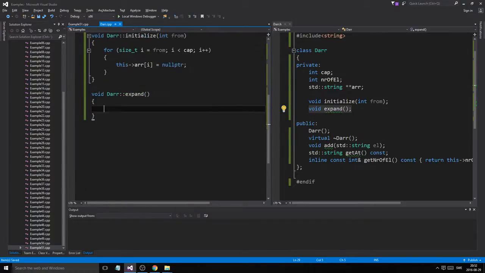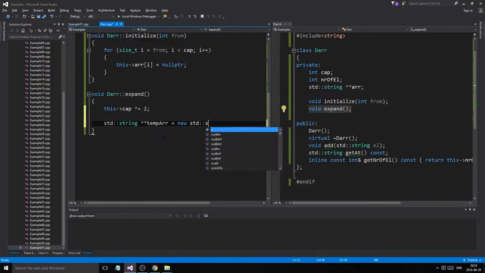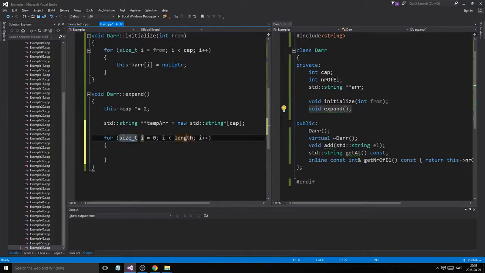Expand. Now the expand is the important part, right? So we have our steps. First, we double the cap. Then we create a temporary array, a temporary string pointer cap with the new size. Then we're going to copy stuff over with the number of elements, and we're going to go temp